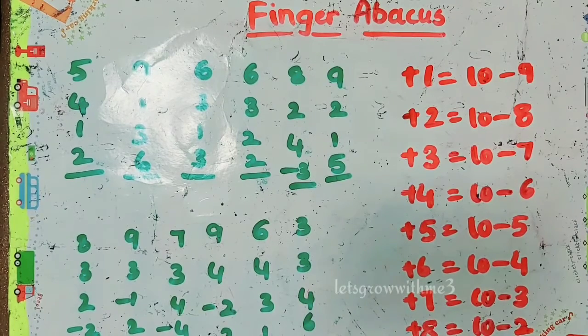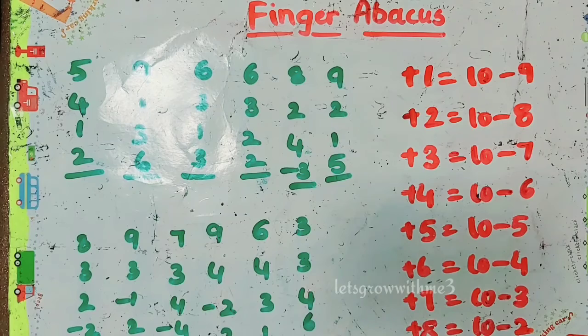Actually the concept is the same as small friend. Whenever you don't have a specified number of fingers, you are taking the help of other numbers, and some you are adding and some you are subtracting. Like the common friend 10 you are adding, and the big friend 9 you are subtracting to get the one finger. The concept is the same as the small friend method, but only the number of formulas is increased. So let's see all the formulas.